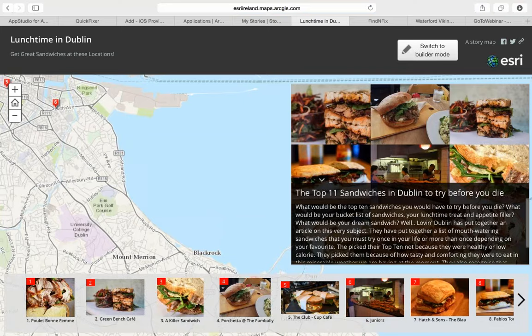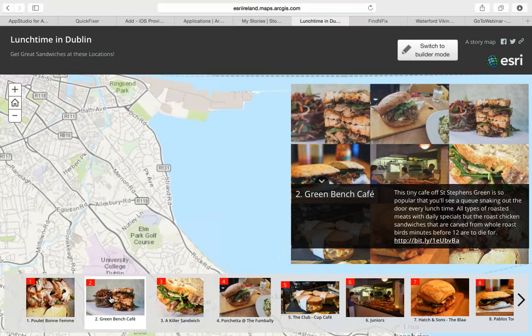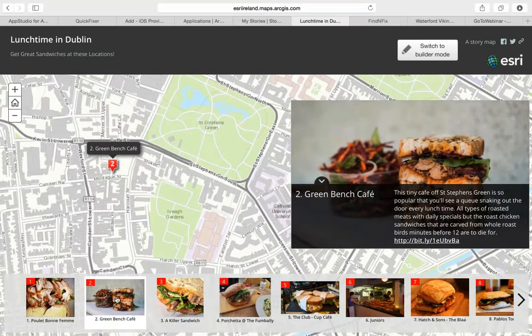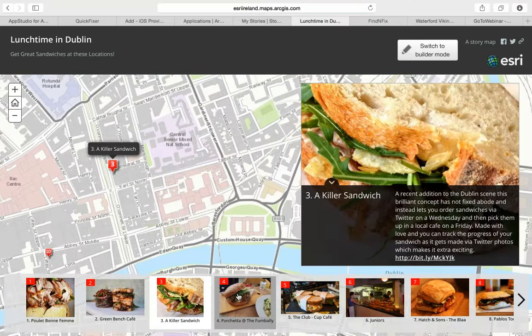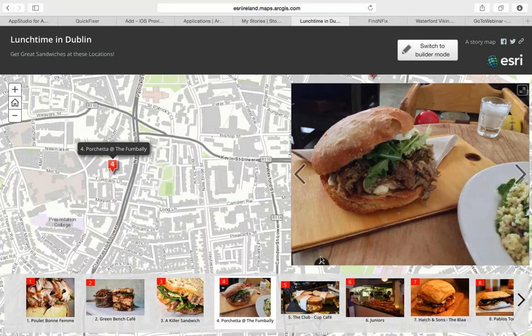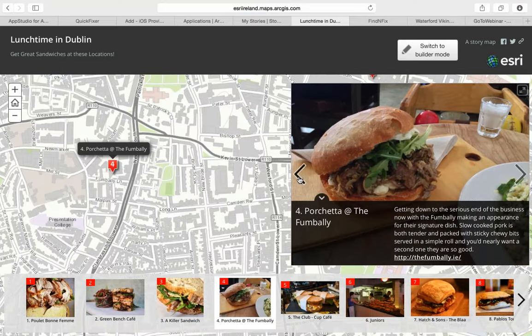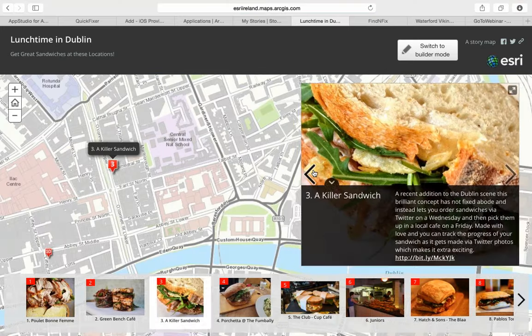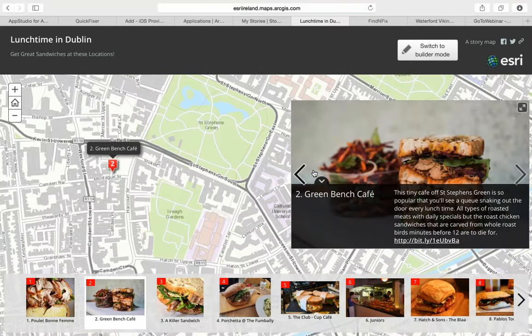So this is just a straightforward story map. If you're used to using story maps, you'll know the functionality that there is here. You can click on the different sandwiches and zoom around, and you can get information for them. You can zoom the photographs and the map will respond, etc. So this is our standard map tour story map